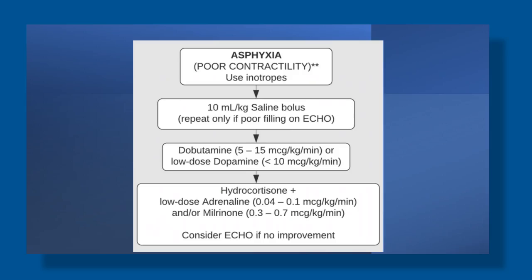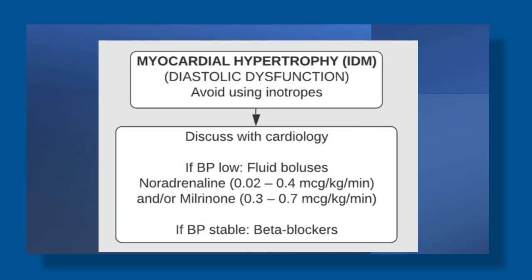And in these babies, make sure you use something to improve the cardiac contractility rather than giving a vasopressor. You can consider hydrocortisone also very early in these babies. Next slide, please. Yeah, this is not a very common scenario. Those with myocardial hypertrophy, I'm just mentioning it for completion. We always have to discuss with cardiology to choose the proper